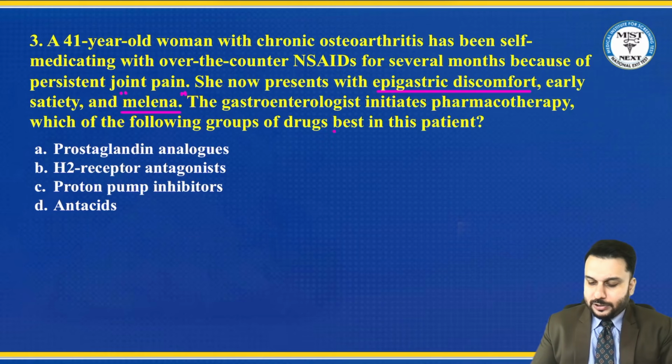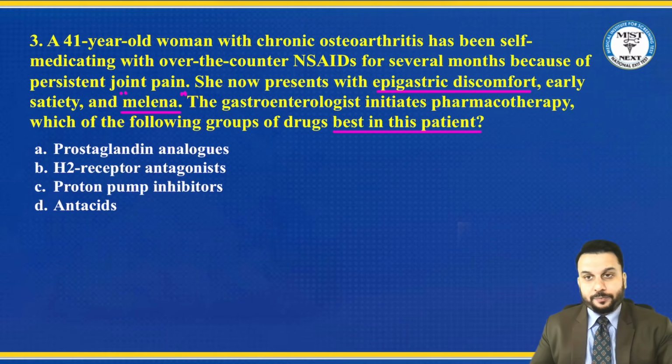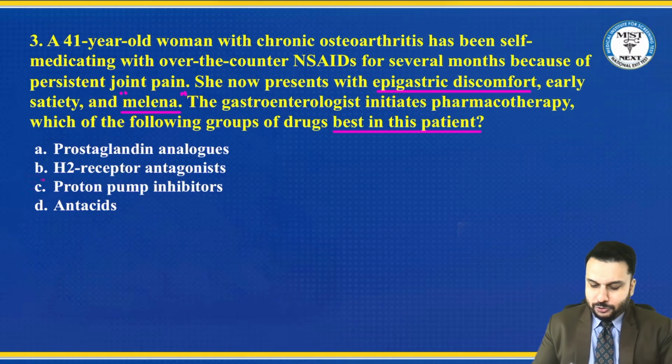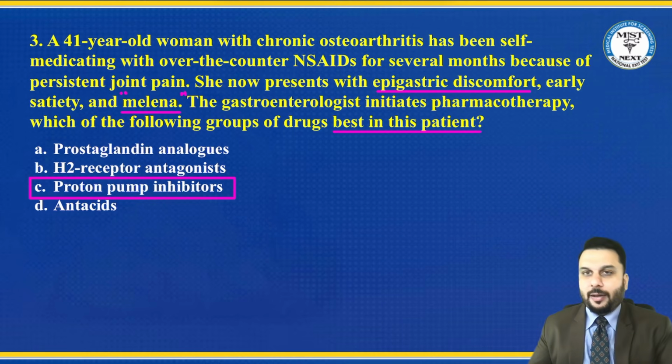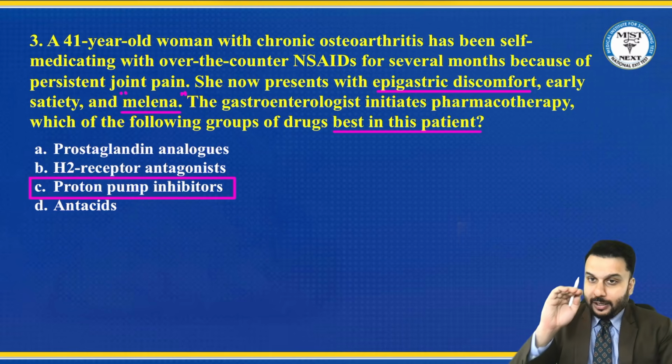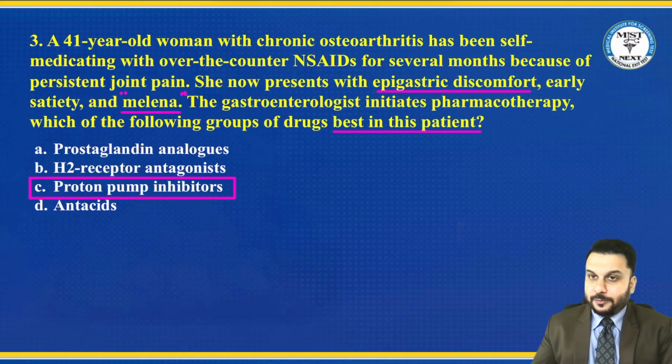And the question is asking which is the best medicine for this patient. Now, please remember, if they ask you the best medicine for NSAID-induced ulcer, your answer should be PPIs, proton pump inhibitors. That is the prazole kind of drugs. They should be your best choice over here, because the pain that happens in the peptic ulcer is due to the gastric acid only. What you should aim at is to reduce this acid. That's the logic that we have to follow here.